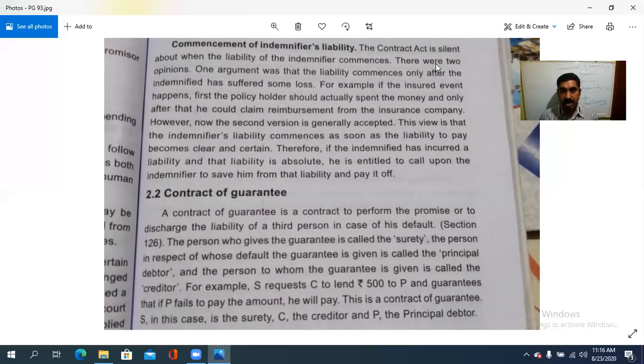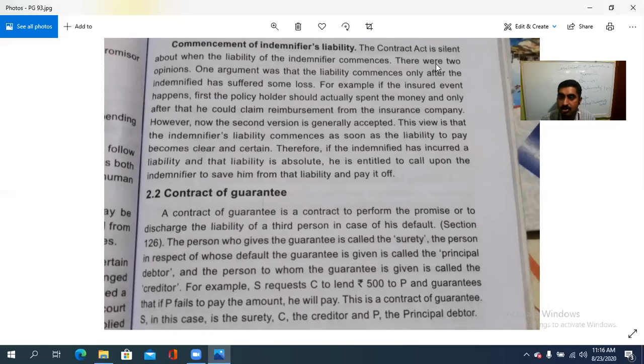One argument was that liability commences only after the indemnified has suffered some loss. നഷ്ടം ഇൻഡംനിഫൈഡ് സഹിച്ചതിന് ശേഷമാണ് ലയബിലിറ്റി സ്റ്റാർട്ട് ചെയ്യുന്നതെന്ന് ഒരു വാദമുണ്ട്. If the insured event happens, first the policy holder should actually spend the money and only after that he would claim reimbursement from the insurance company. Correct അല്ലേ? Insured event, തീ കത്തി, ഫോർ എക്സാമ്പിൾ തീ കത്തിയെങ്കിൽ പണം മുടക്കിയതിന് ശേഷം